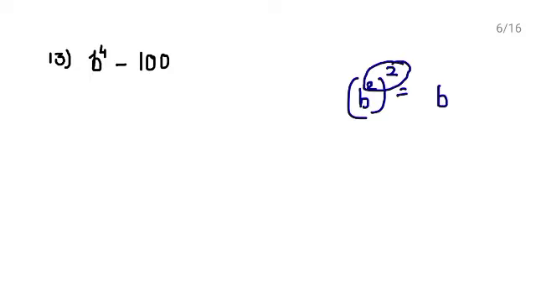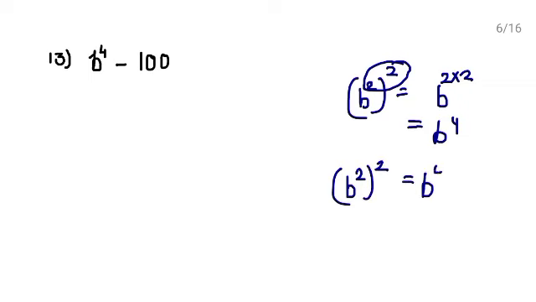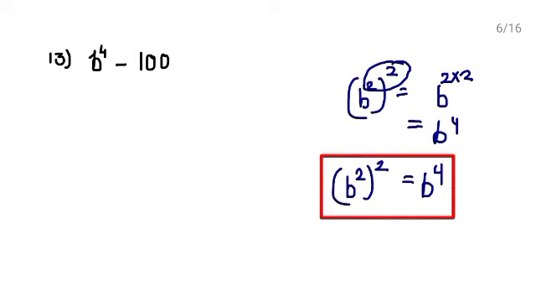When there is a power of a power, it means we will multiply the powers. So this is b raised to the power 4, right? So it is clear that we can write b raised to the power 2 whole power 2 as b raised to the power 4. So b raised to the power 4 can be written as b square raised to the power 2. So I am writing this b raised to the power 4 as b square whole square minus this